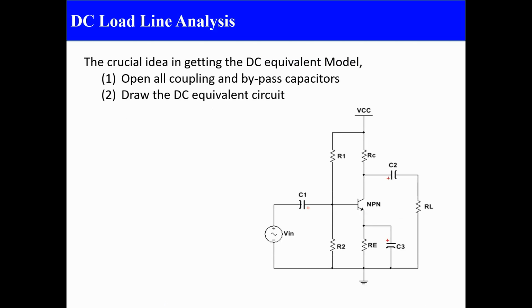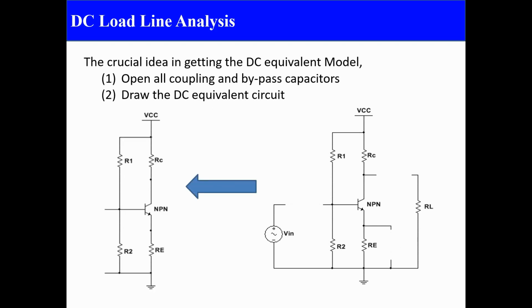For plotting the DC load line, we have to consider all capacitors open circuited because we are going to do DC analysis. For DC, f is 0, so Xc is equal to 1 upon 2 pi fC. According to that, Xc is equal to infinity. So all capacitors look like open circuit, right? So the rest of the circuit is now the DC equivalent circuit or DC model. Now we have to solve this DC circuit to plot the DC load